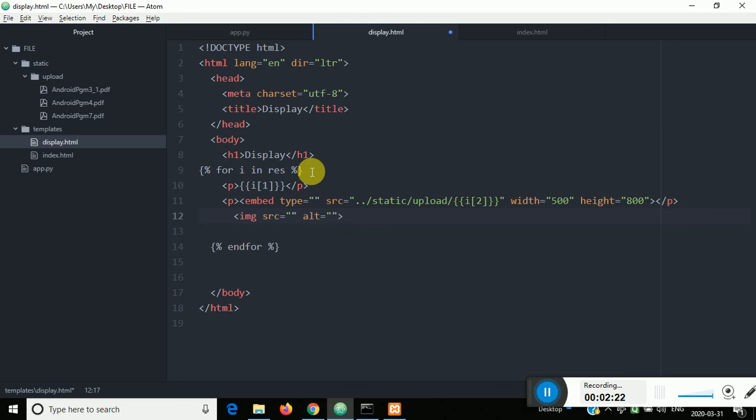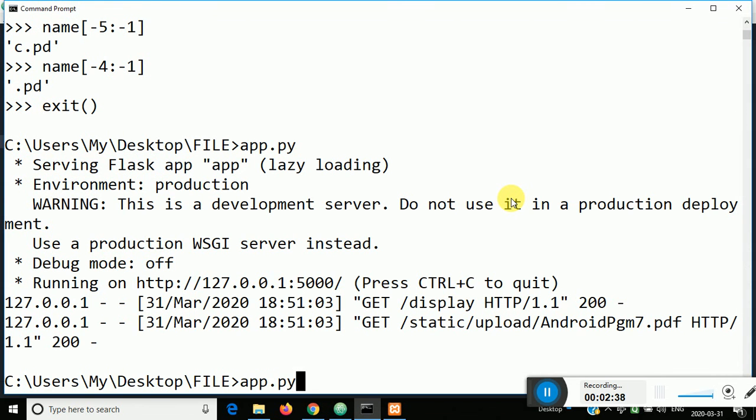just put img image source, nothing is there, and same thing width, copy it, paste it here, run the file.